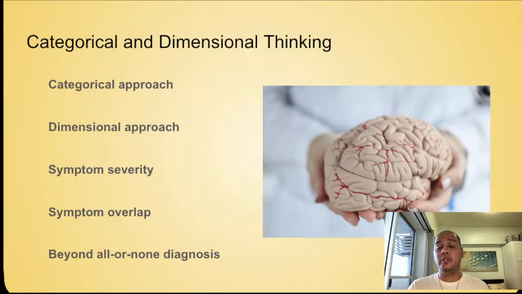Both ways of thinking are useful. Categories help with decisions, communication, and formal diagnosis, while dimensions help capture reality more accurately because many symptoms do not appear in all or nothing form. For example, anxiety is not something that suddenly appears only when it qualifies as a disorder. It exists on a spectrum. Same with depressive symptoms, obsessive traits, or attentional problems. So, dimensional thinking helps us avoid the trap of acting like people are either perfectly fine or officially broken. Real life is usually more nuanced than that.